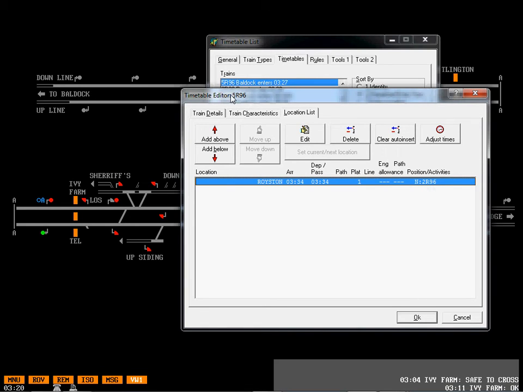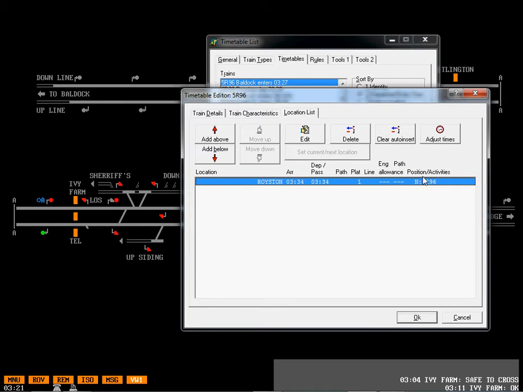Now a class 5 train is an empty coaching stock, so that's obviously come from a depot somewhere or from wherever it finished last night, and it's coming into here, and because it becomes a class 2, that means it becomes effectively a stopping service. But nowadays the idea of class 1 and class 2 trains is not really quite so clearly defined, but in general a class 1 train is for